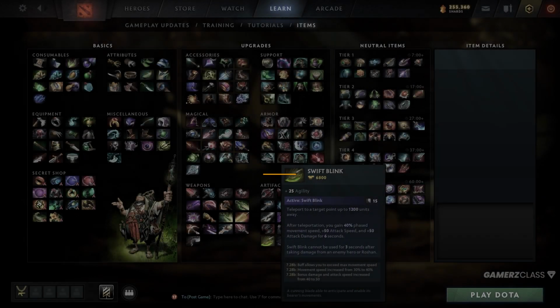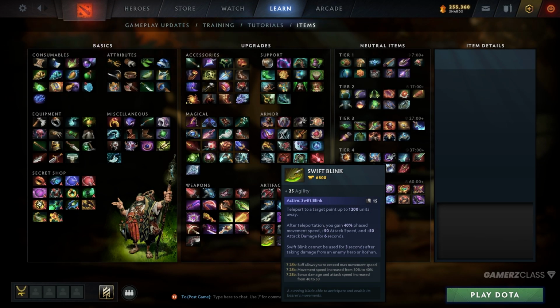Gives you 25 passive agility. It works like a normal dagger, but after teleportation, you gain 40% phase movement, 50 attack speed, and 50 attack damage for 6 seconds. Now, it does not sound like a lot, guys, 50 attack speed and 50 attack damage for the cost, but I will tell you this, it's actually really good. If you think about it, you're actually getting 75 damage and 75 attack speed if you're an agility hero, because you're getting 25 agility anyways, right? So you will have 40% phase movement speed, 75 attack speed, and 75 attack damage for 6 seconds, which is